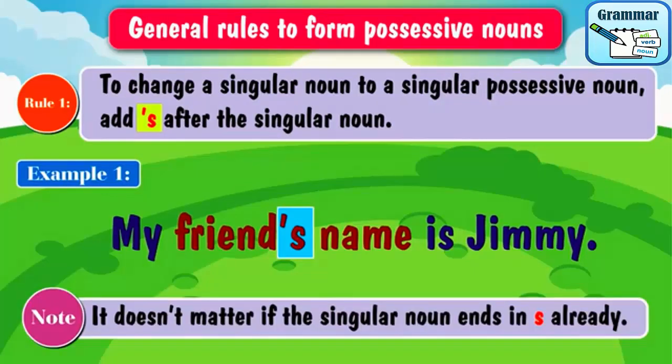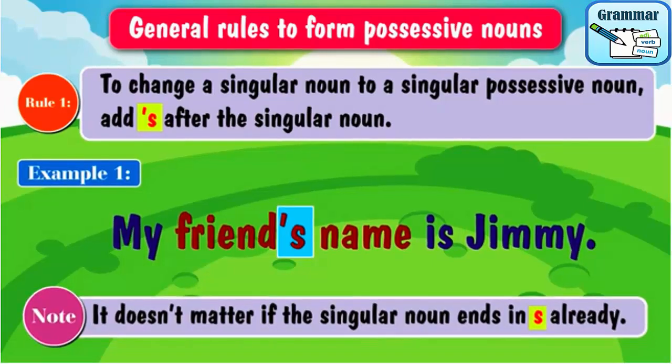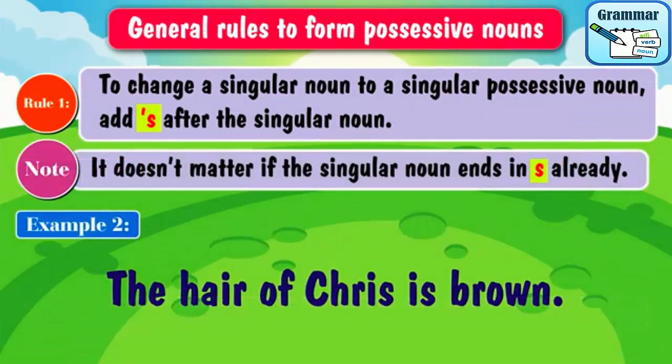is Jimmy. Remember students, it doesn't matter if the singular noun ends in s already, like in this example. The hair of Chris is brown. Here in this sentence, the word